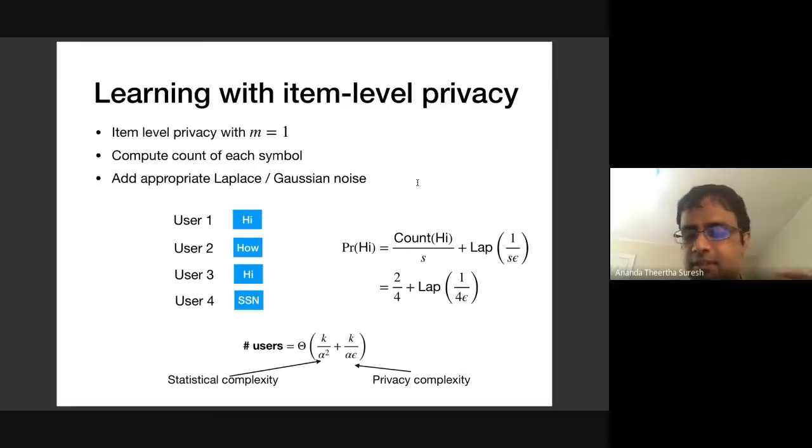I'll show 3 equations of this kind. So let me just explain how it looks. The first term, k by alpha square, is the statistical